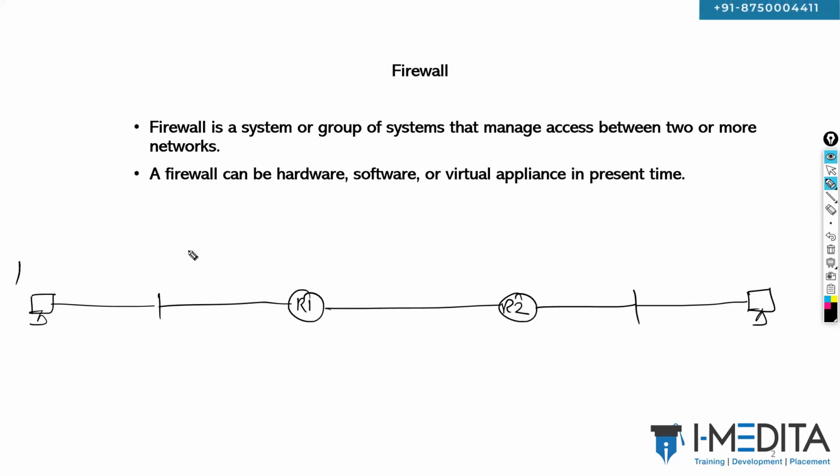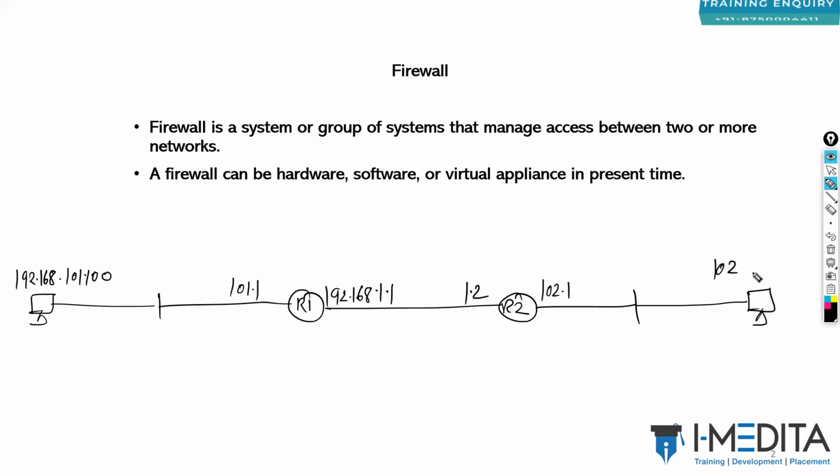For easy understanding, let's configure IP addresses 192.168.101.100, 101.1, 192.168.1.1, 1.2, 102.1, and 102.100. In this way, when we configure IP addressing and routing, we can make it possible that PC1,